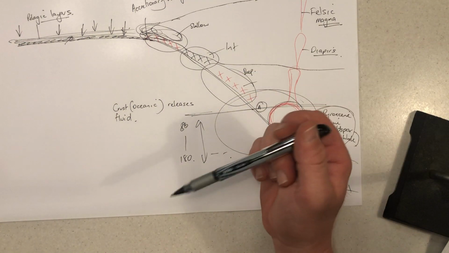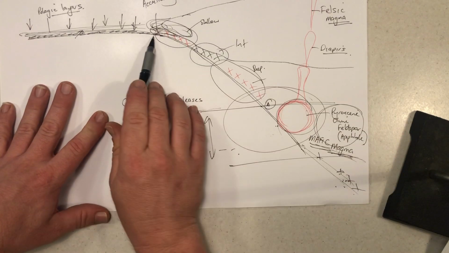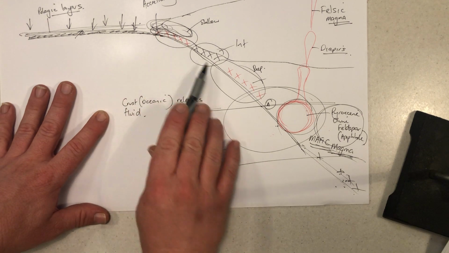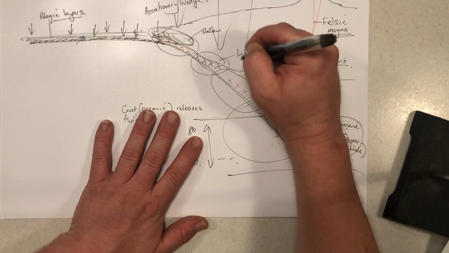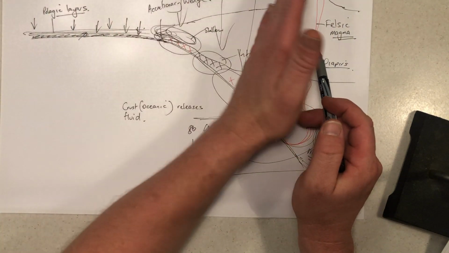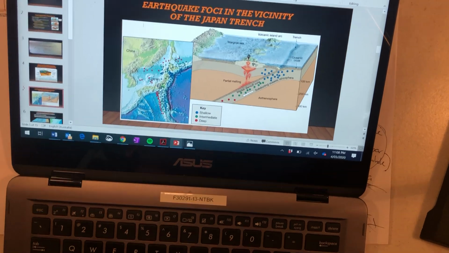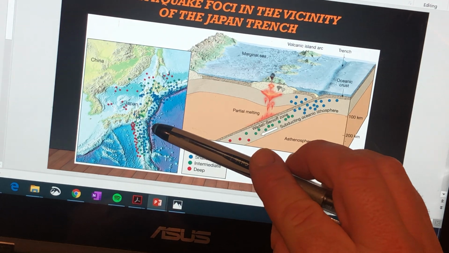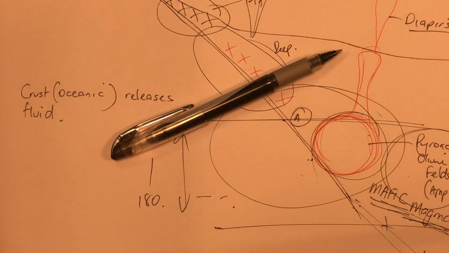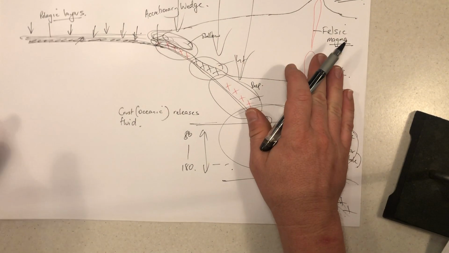Again, with the next slide, where we look at the focus of earthquakes in Japan, I've tried to demonstrate how we can see that we have changing depth of earthquakes. And as you look at it, as we move across, if I show you this image here, again, you can see we've got our shallow earthquakes moving to deeper. Okay, so